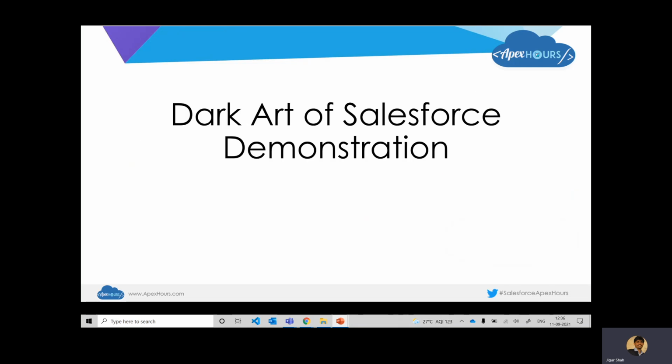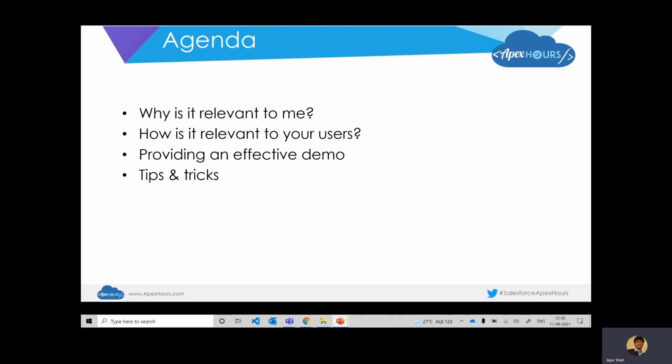Now, with that, I'm going to quickly talk about the agenda for today. Today's agenda mainly revolves around some of the common questions that I've received or experienced in the past from people like you and me who could be part of this conversation. So often, when you talk about a Salesforce demo, it is merely just showcasing something, right?